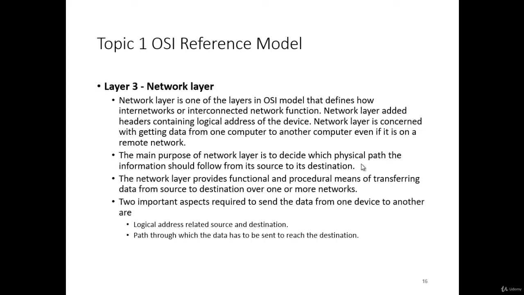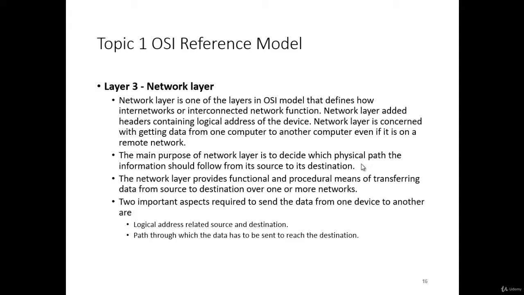Layer 3 Network Layer. Network layer is one of the layers in the OSI model that define how internetworks or interconnected networks function. Network layer adds a header containing the logical address of the device. Network layer is concerned with getting data from one computer to another computer even if it is on a remote network. The main purpose of a network layer is to decide which physical path the information should follow from its